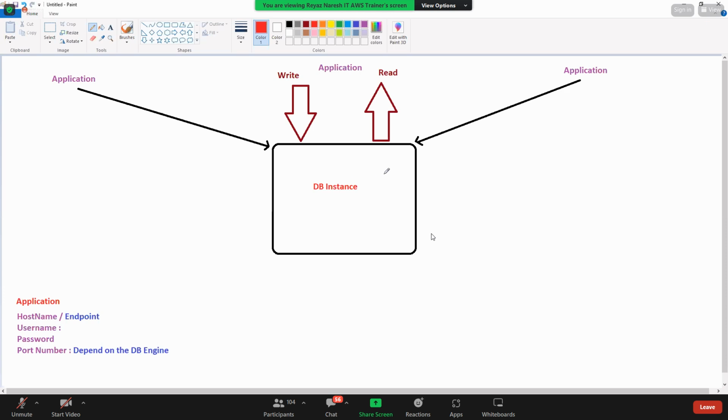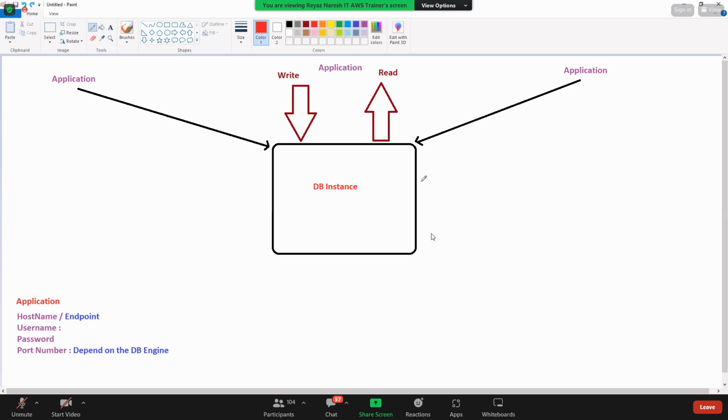No, because here you have your application which is reading and you have an application which is writing. If you have 10 applications, what happens to your DB instance? It will go down or it will become very, very slow. So is it recommended to have these read heavy applications connect to your DB instance?